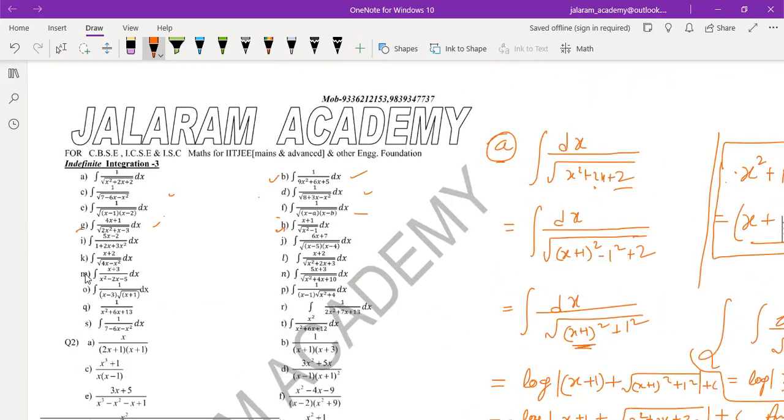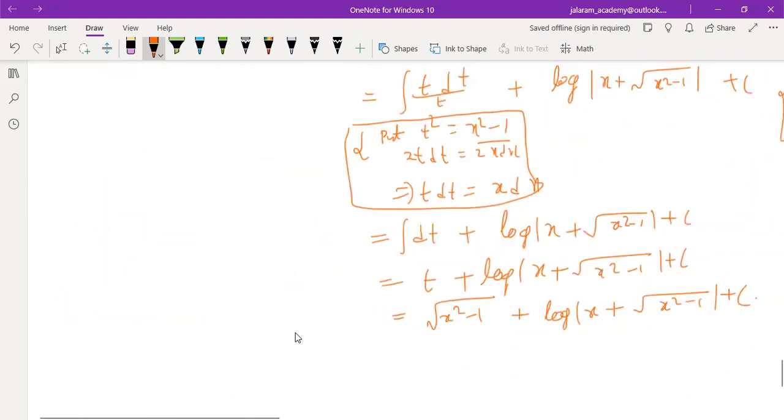Yes. The next is this one, question number I. There is no square root in the denominator, but in this we will use the formula of L equals A into differentiation of Q plus B only. Understood? Its differentiation is not producing the numerator 5x minus 2. Differentiation will be 6x plus 2. So how to solve question number I?